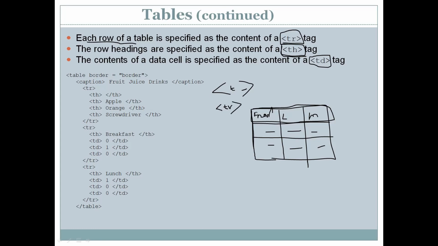Now inside this tr, inside the first row, there are 3 columns, or 3 cells you can say, and all the cells are headings. For that you can use the th tag, table heading. Inside this th you can add the content, like if you want to display last name, add it and close th.